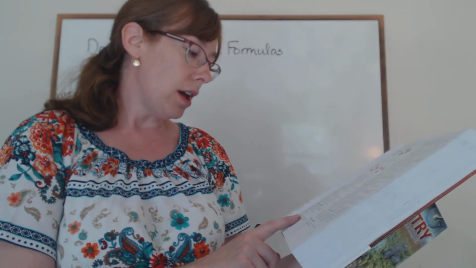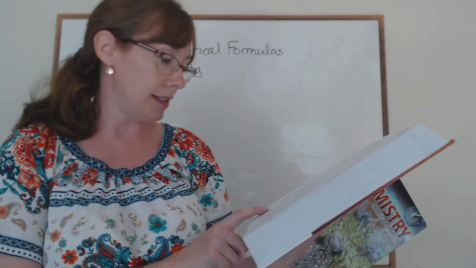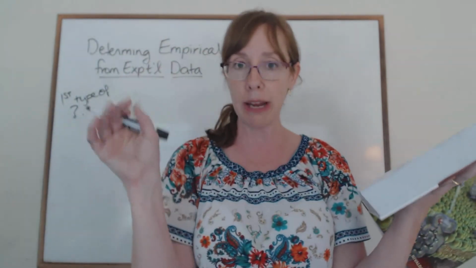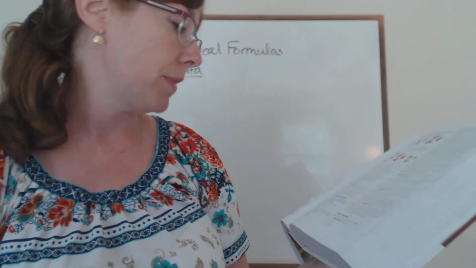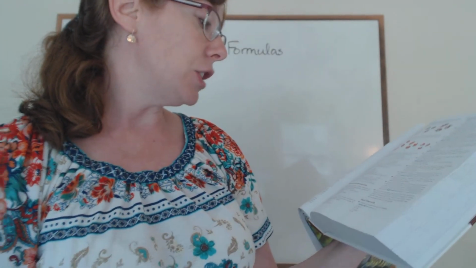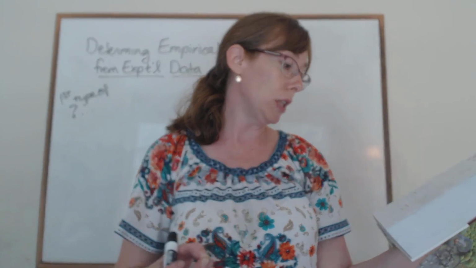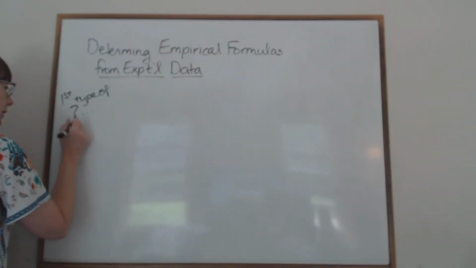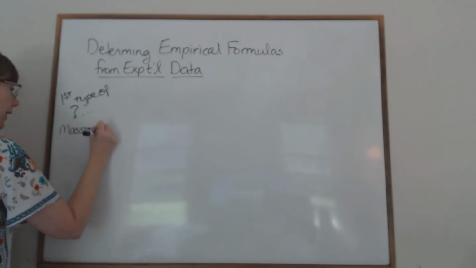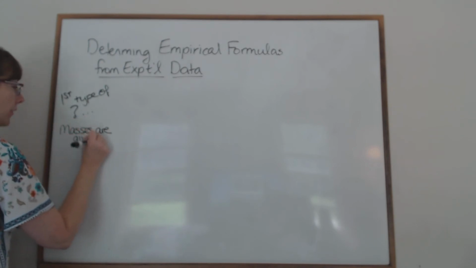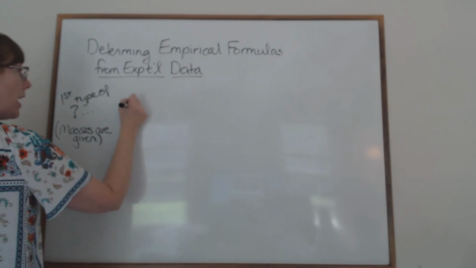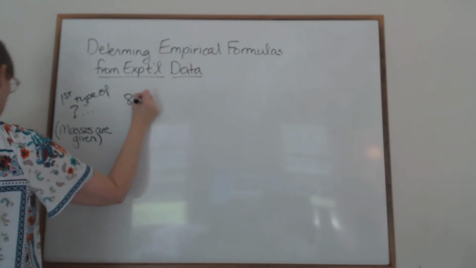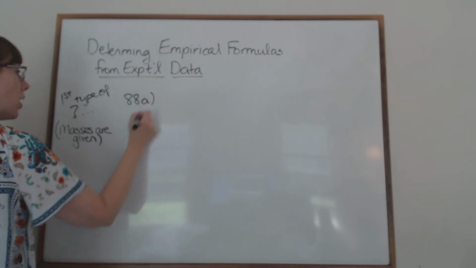All right, so a chemist decomposes several samples. Decomposing is just breaking down the compound into the different elements. And the masses of their constituent elements, the elements that make up the compound, are listed. So the first type of question that you might see is where the masses are given of the different elements. You can see that in part A, question number 88A, we are given